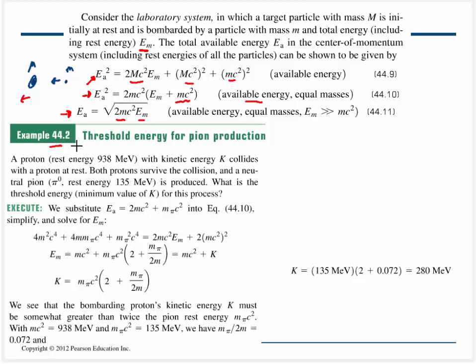This example right here, just check it out and figure out, just take a look at the energies when we're smashing together a proton with one at rest. Both particles are going to survive the collision, giving up some energy, and a pion is going to escape. We have its energy. What threshold energy, what value of kinetic energy did we have to have for this process to occur? And then you just gotta go ahead and convince yourself that it's going to boil down like this. And we know some rest energies of this pion, and it works out to be about 280